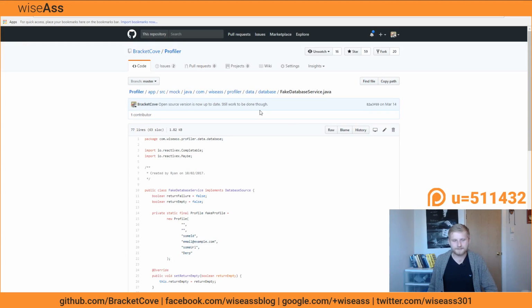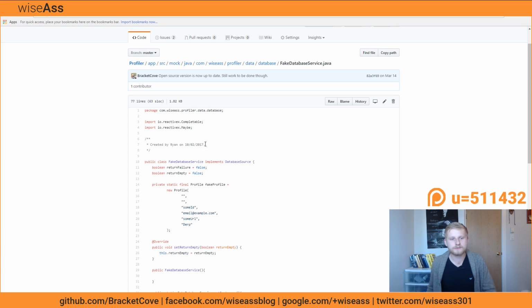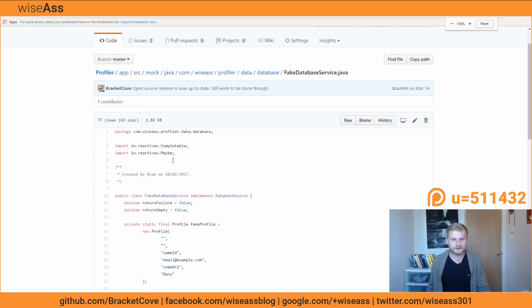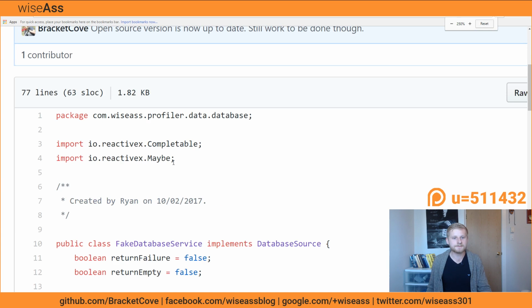Okay. So this is an older project, and Profiler was the first project I ever started doing unit tests with. It was the first time I ever did unit tests in a project, and man, I'm glad I started because it kind of introduced me to TDD.